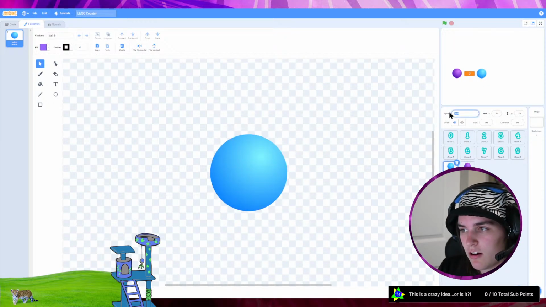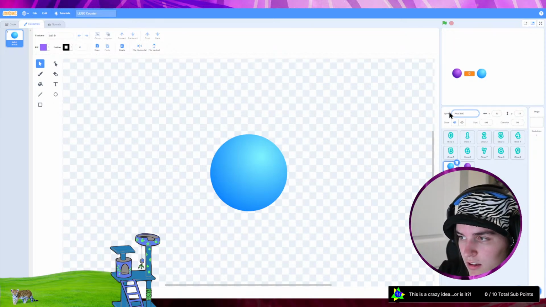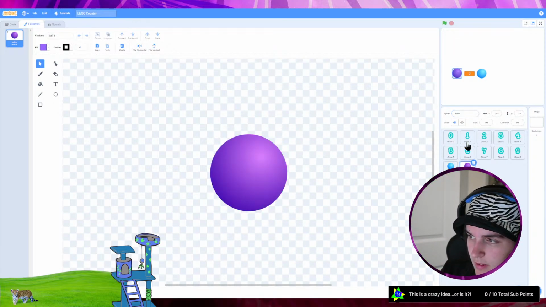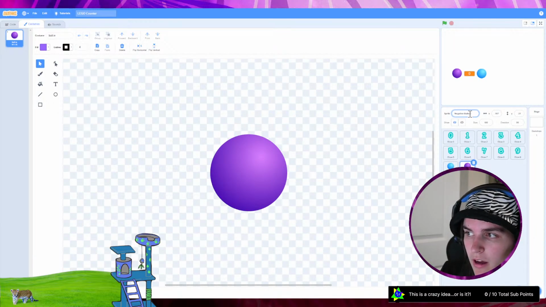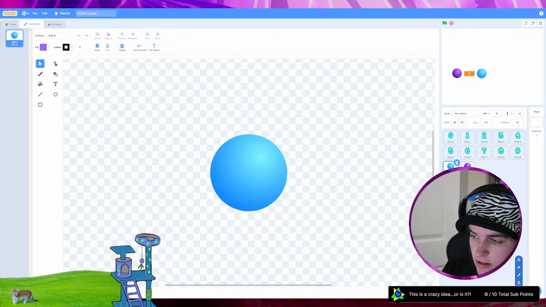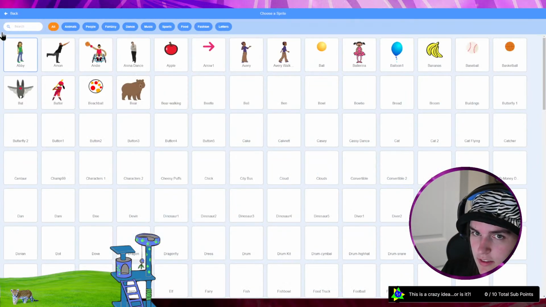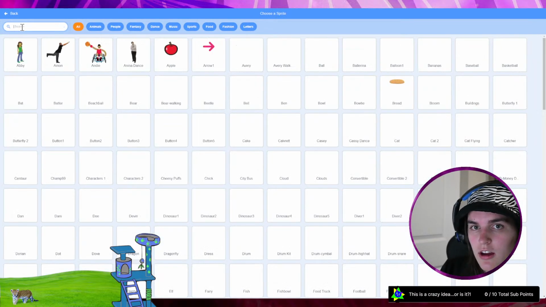All right, I'm gonna call this the plus button. And I'm gonna call this the negative button. Okay, cool. And now, that's pretty much it. So I'm gonna add a plus sign and a minus sign to put on top of them. Just out of curiosity, I want to see if they have a preset, just to save time. Looks like they don't.